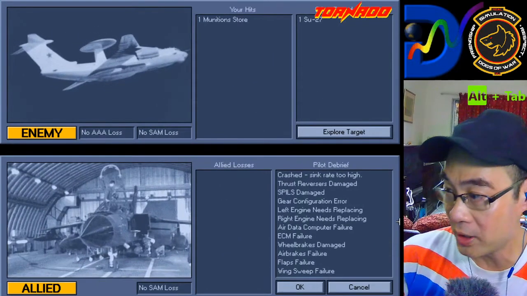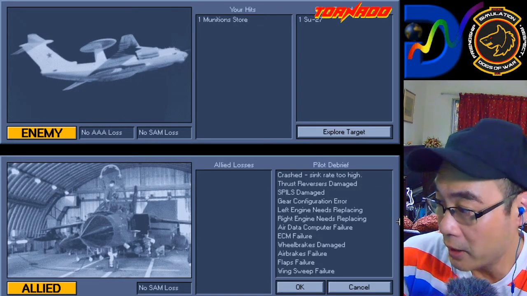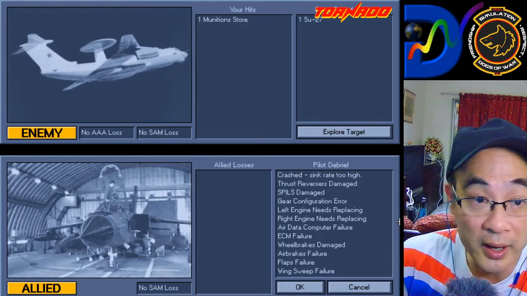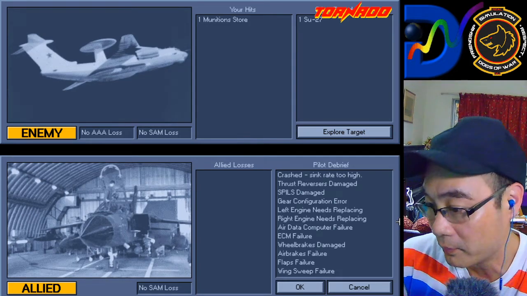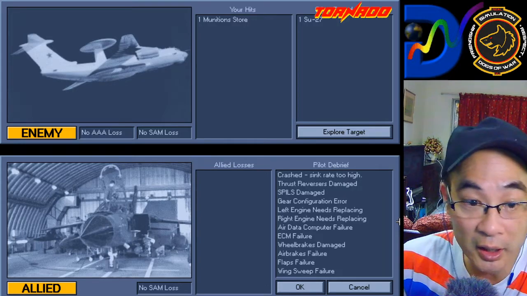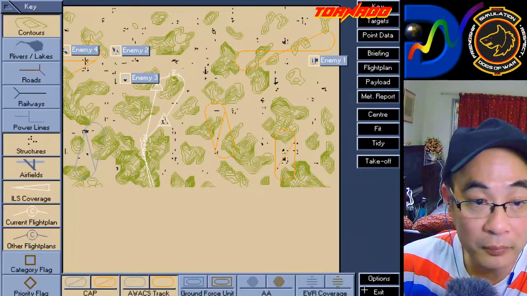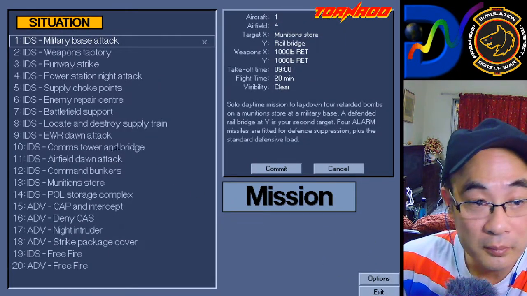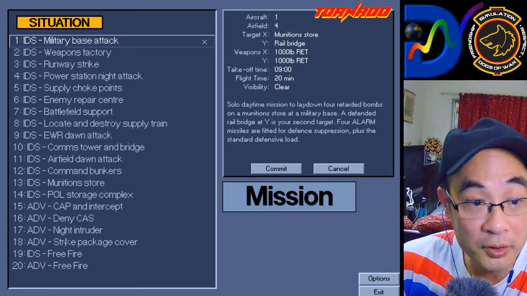And so the game actually comes up with a report. It gives a pilot debrief there, and it shows me that this was a target waypoint X, the ammunition store, which I actually destroyed there. And so the music happens, and I can click on OK, or I can click on cancel. So I try clicking on cancel. Yeah, so as you can see, there are what, 18 different